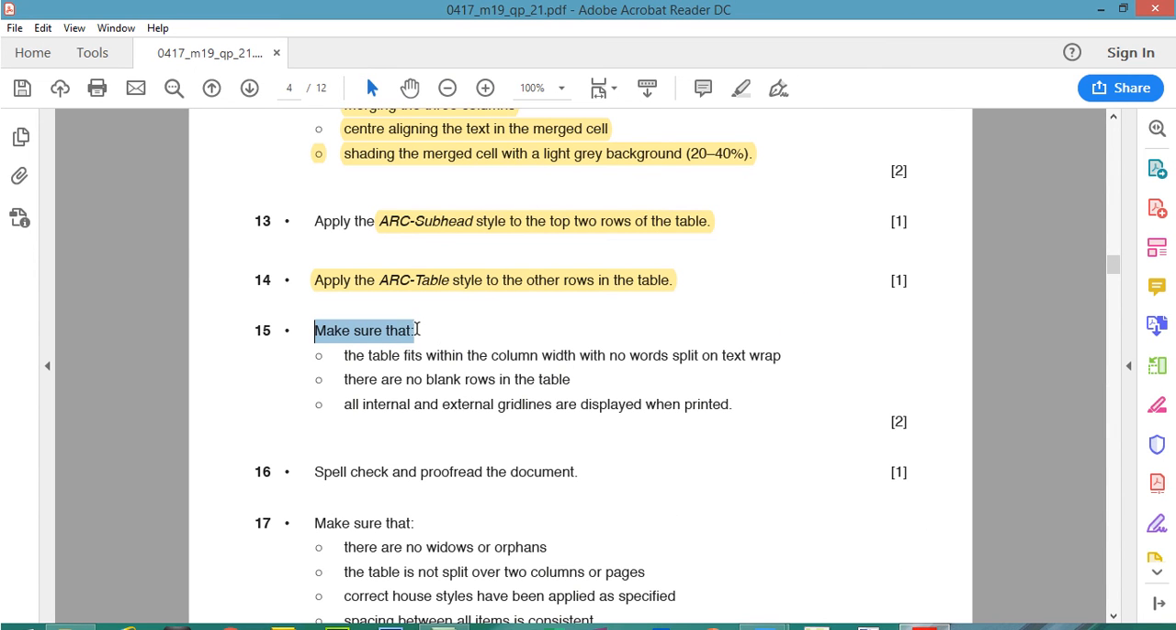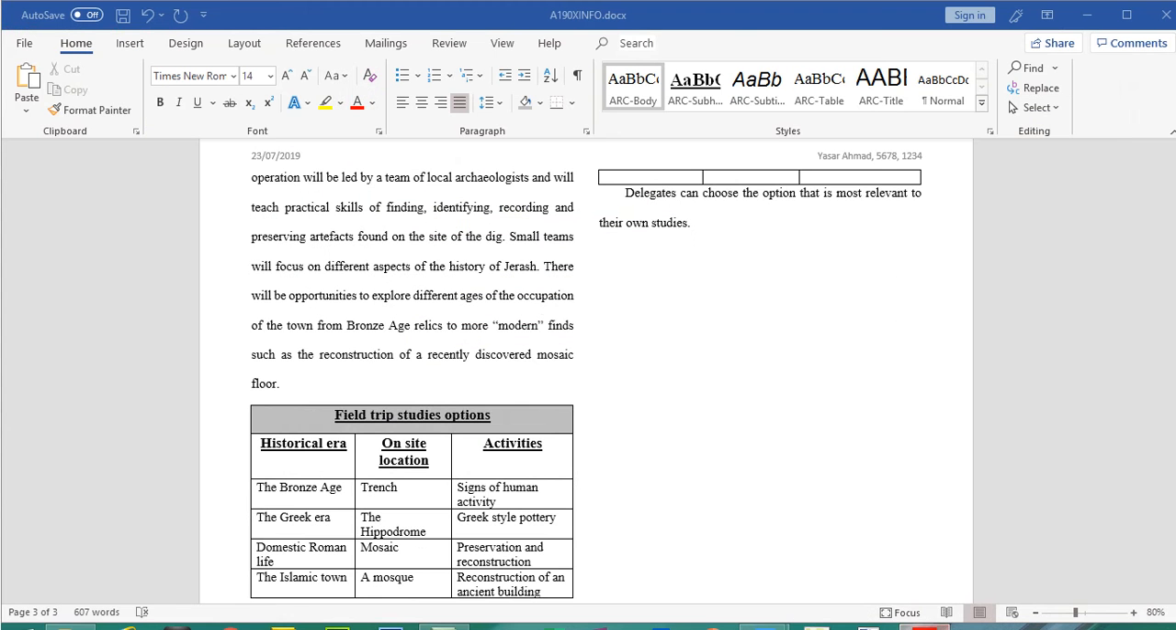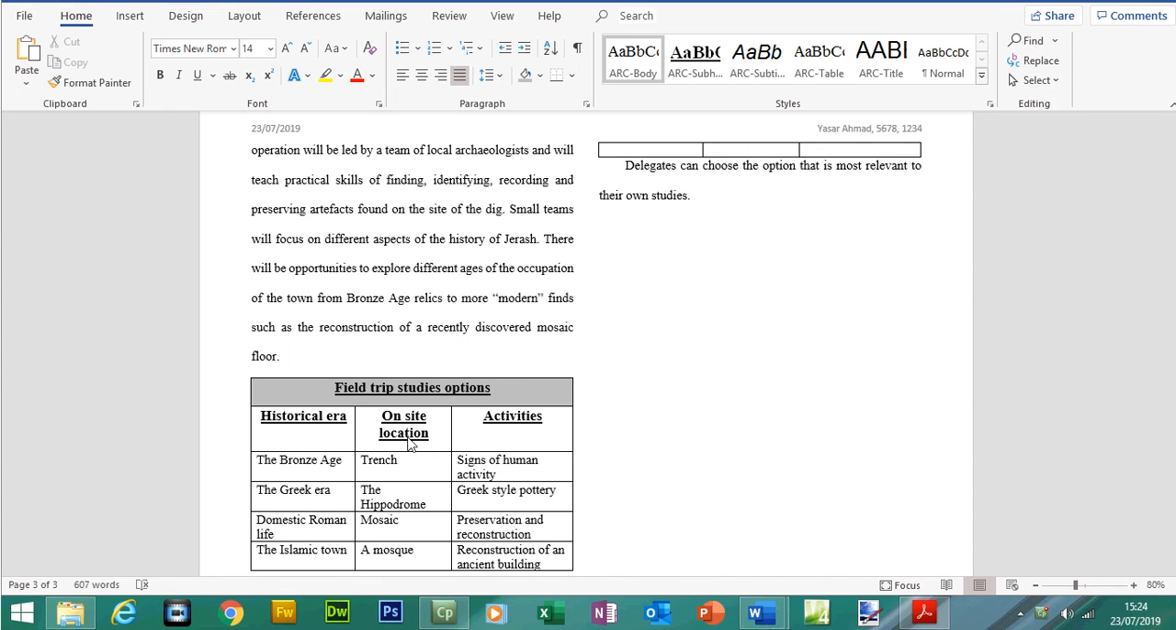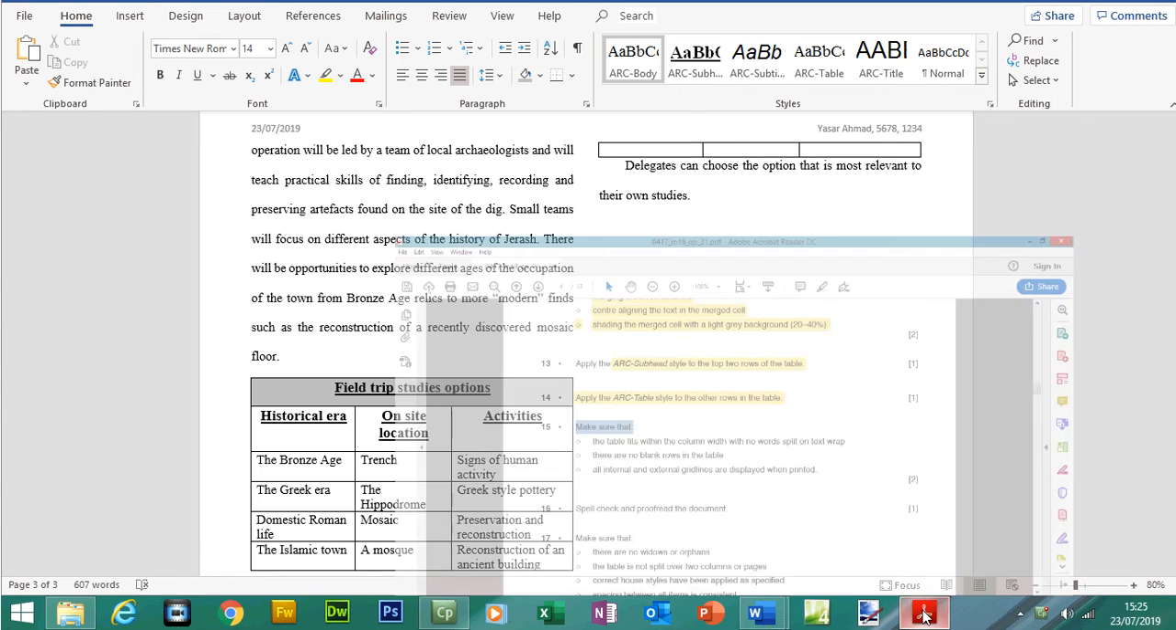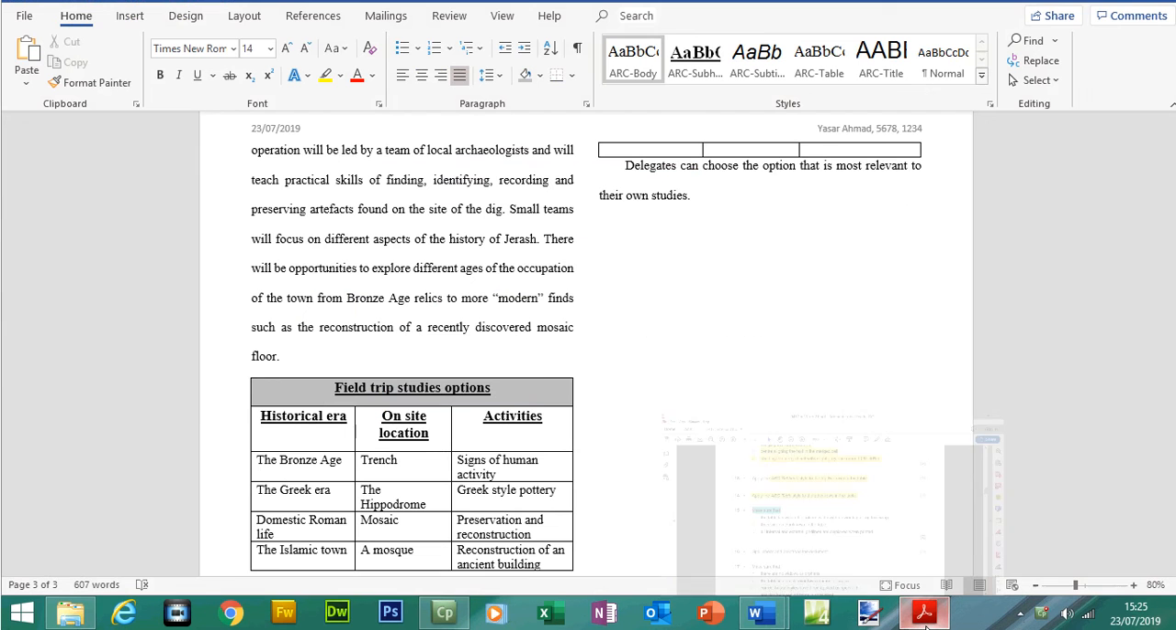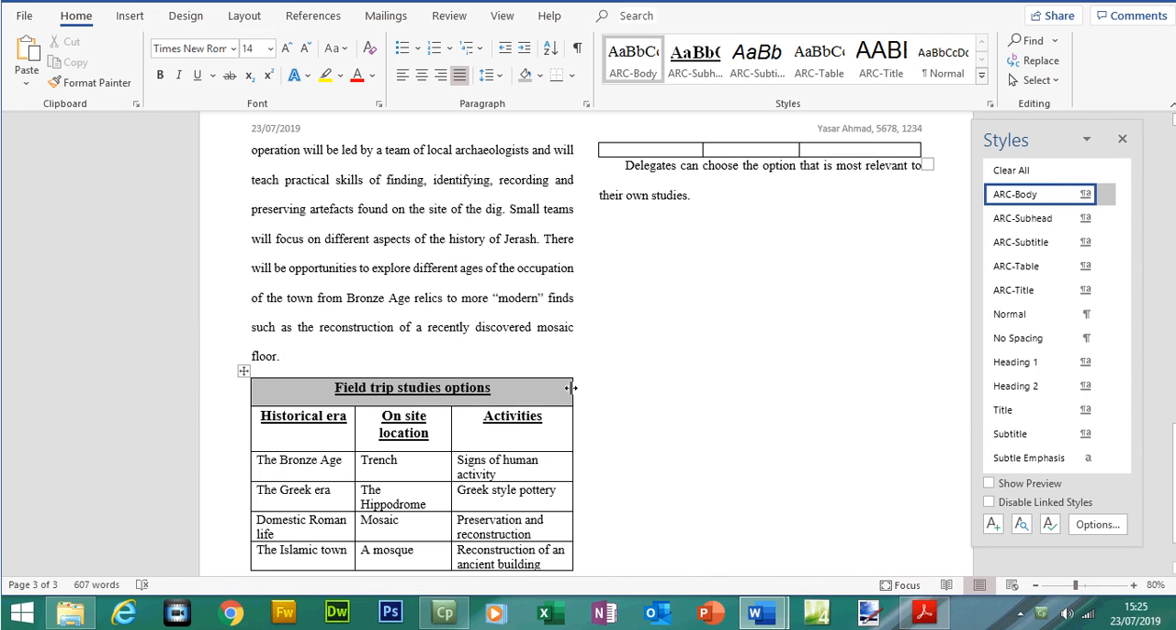Okay, so make sure that the table fits within the columns and with no words split on text wrap. So what that basically means is text can wrap, but the words are not split over two lines. So location is one word and it's gone on to the second line, which is fine. So what we don't want is the first part of location on one line and the second part of location on the second line. So yeah, we have got a text wrap, but no words have been split. Okay, so that's fine. The table fits within the columns, as you can see here. So what you don't want is the table to be outside of the columns,